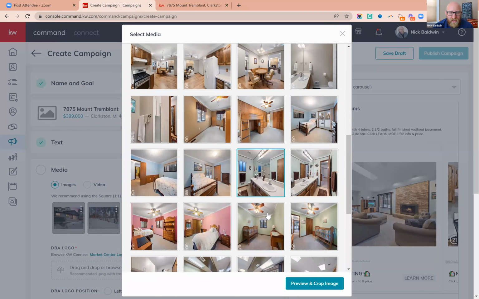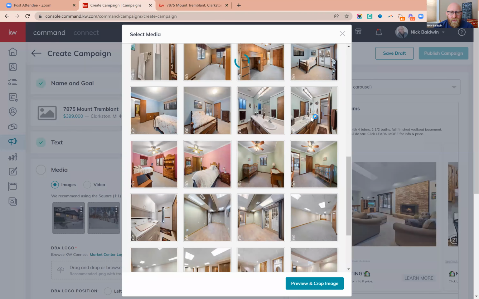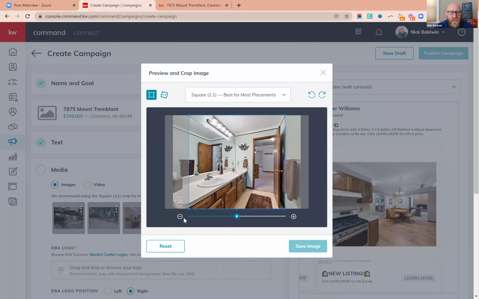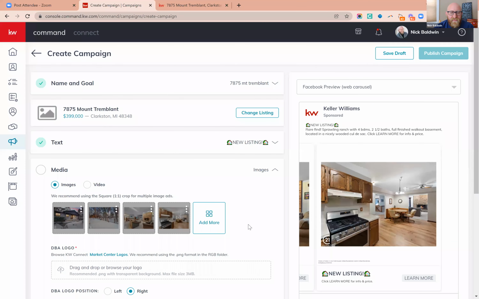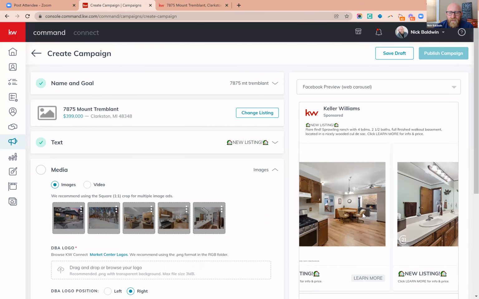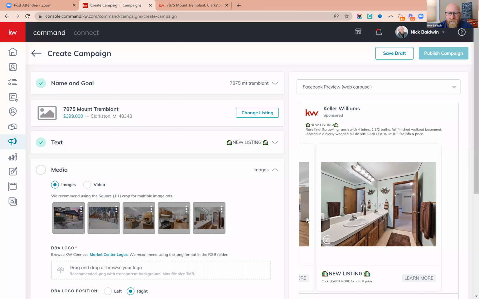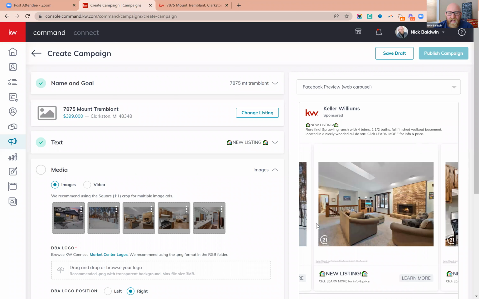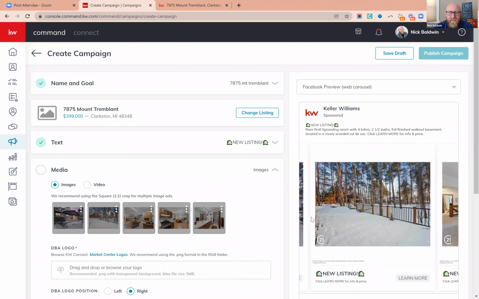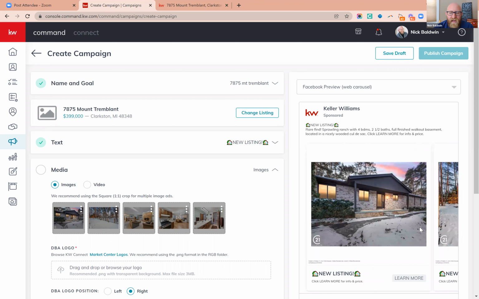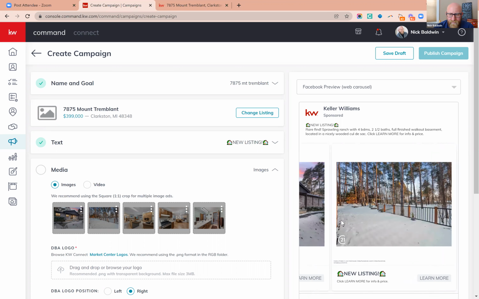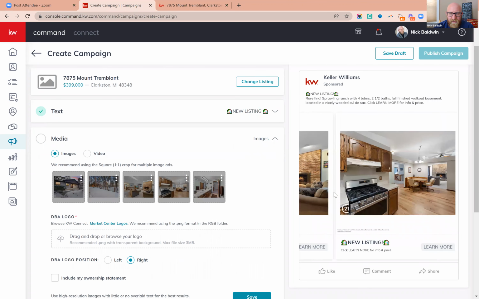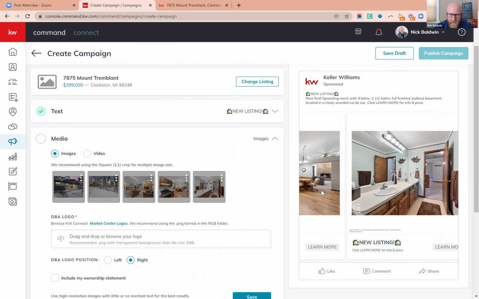You want to make sure that you show all of the rooms that are important to people. So kitchens and bathrooms are important. You want to make sure that you're showing them as much of the house as possible with the 5 photos, because the more that you show somebody, the more inclined they are to give you their information. So if they feel like you're hiding stuff from them, they're not going to be as inclined. But if you're showing them 5 of the best pictures you can possibly come up with, then they feel like you're giving them something. And if they feel like you're giving them something, they're going to give you something, which is their